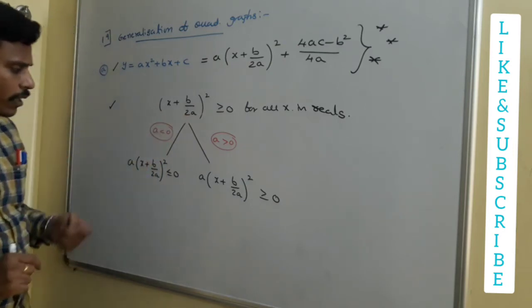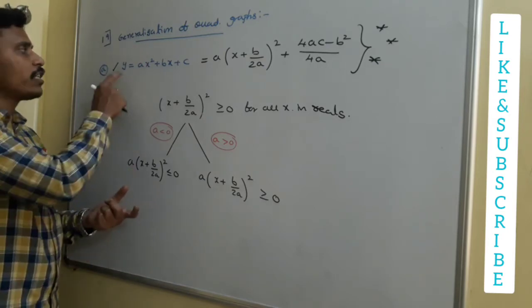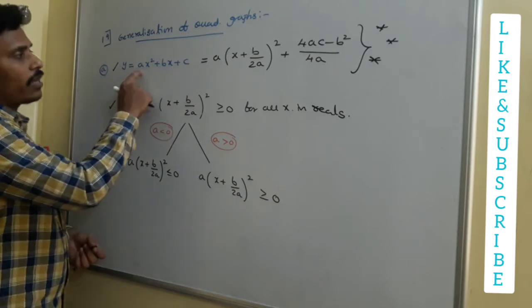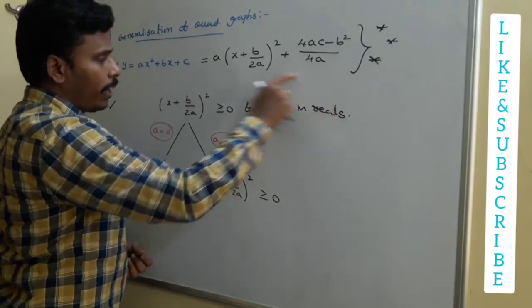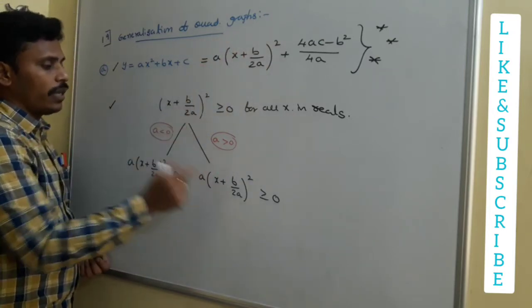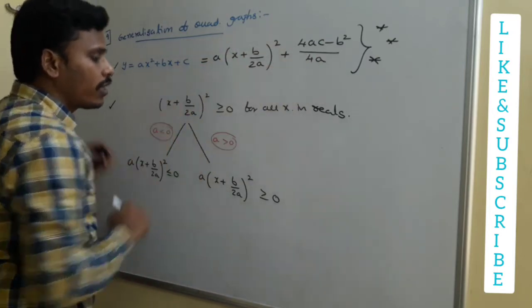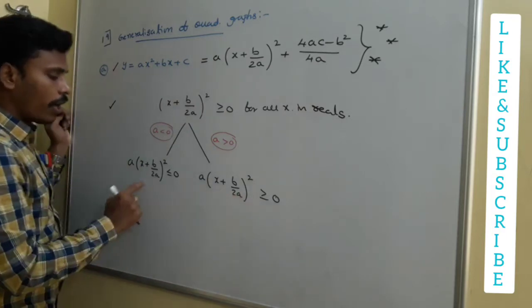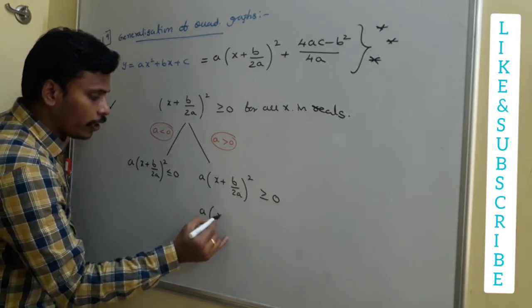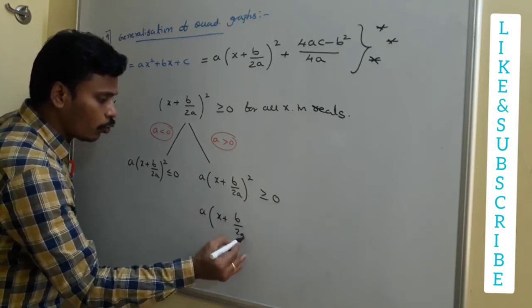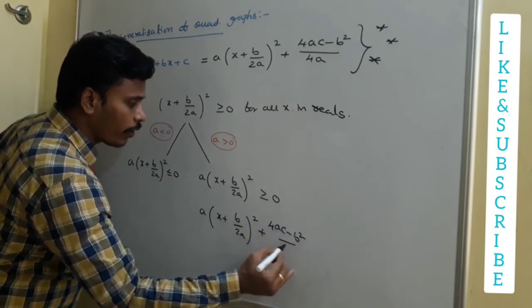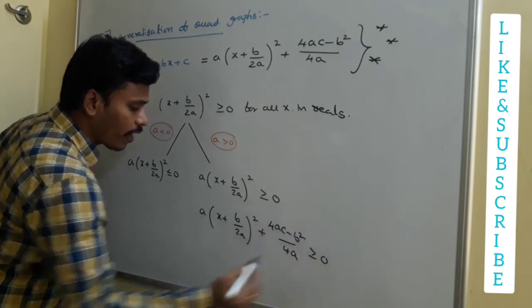And now, see, actually we are going to analyze this y. Y is nothing but ax square plus bx plus c, and this expression is nothing but this format. In this format we constructed a into (x plus b by 2a) whole square till now, and you just add this (4ac minus b square) by 4a here and here, both. Okay, there are two cases. In this case, if you add a into (x plus b by 2a) whole square plus (4ac minus b square) by 4a greater than or equal to 0.